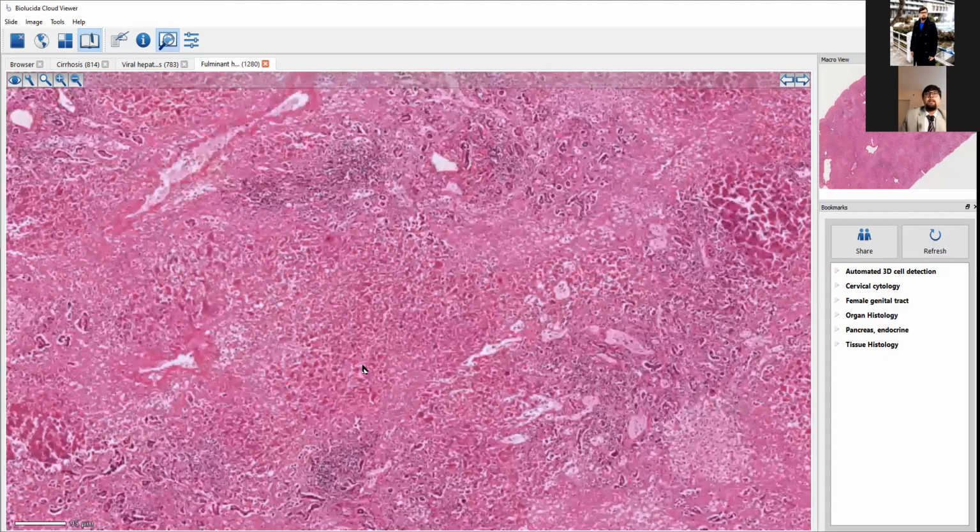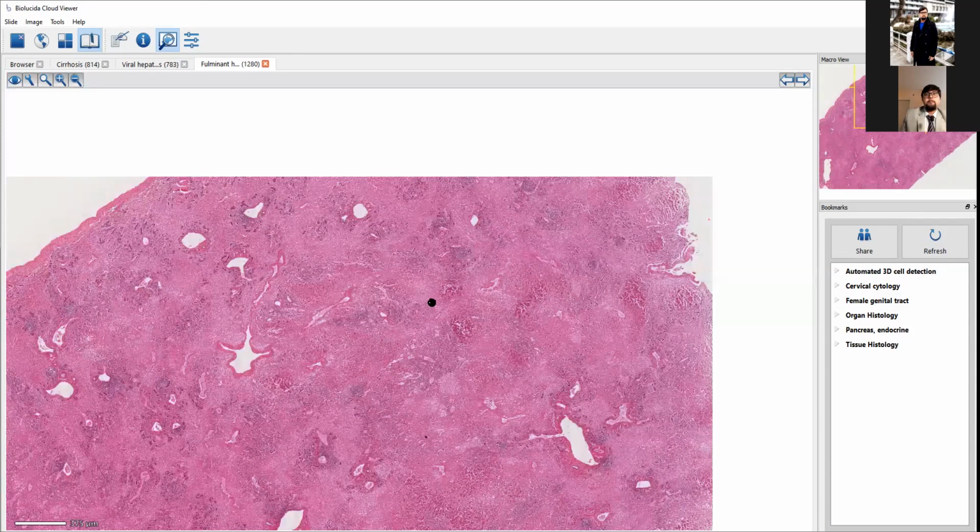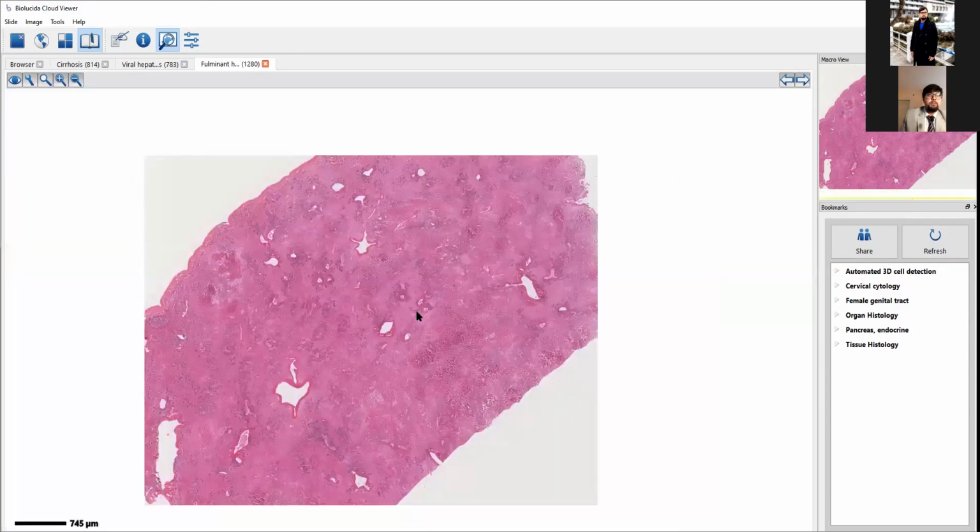Okay. Now let's go back. So let's look at this again. This is what massive necrosis looks like. You have areas of necrosis, areas of fibrotic changes, right? All the central veins are badly damaged. I can't make out any separate hepatic lobules. If I can't make out any separate hepatic lobules, then I know for a fact that there have been massive changes in the cellular or tissue architecture of the liver here, right?